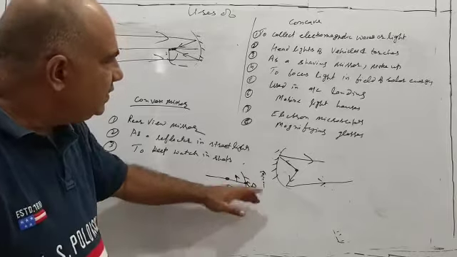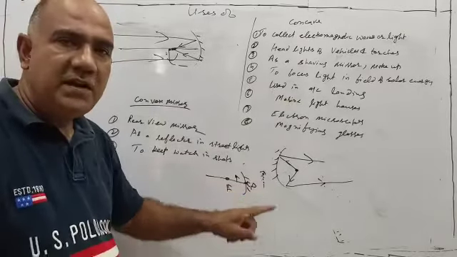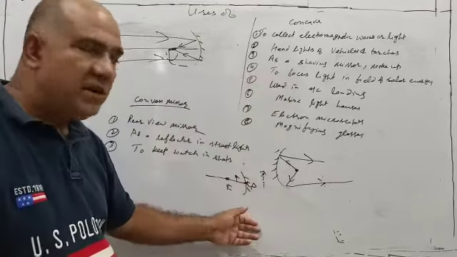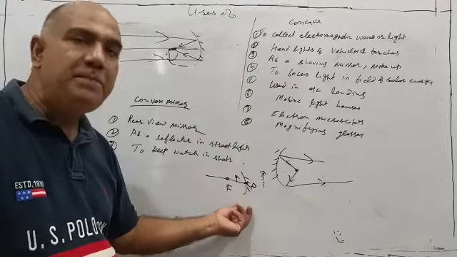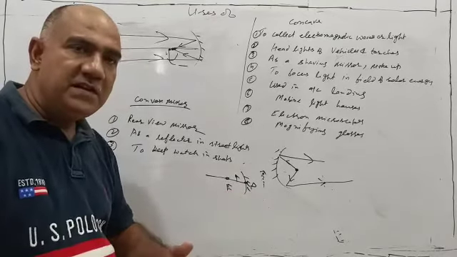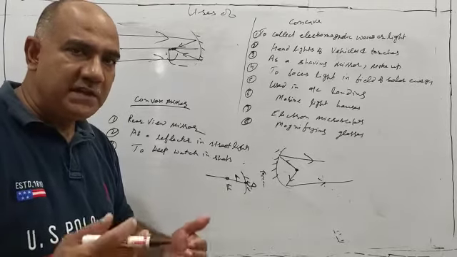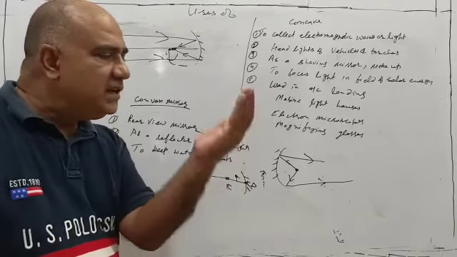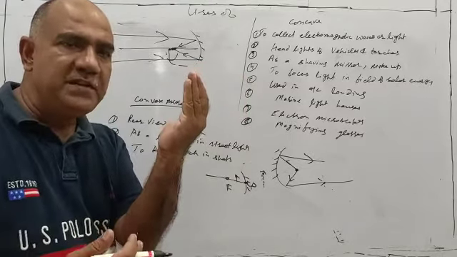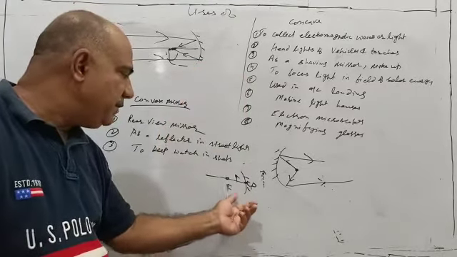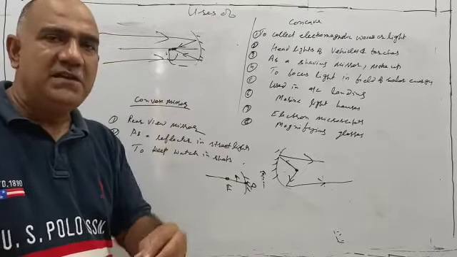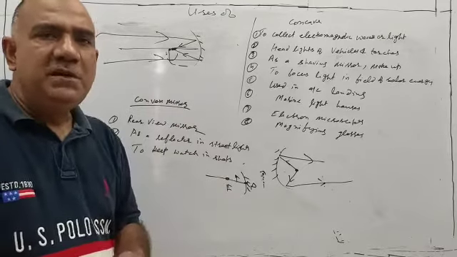So for this you can say this can be used as a shaving mirror, but care has to be taken when using a concave mirror as a shaving mirror or a makeup mirror. One has to keep our face between pole and focus. In other words, the concave mirror, if used as a shaving mirror or as a makeup mirror, has to be kept close to our face. Closer to face means you are putting your face between pole and focus, then only it will be able to make an erect and magnified image. Otherwise, for all other positions, it makes an inverted image.